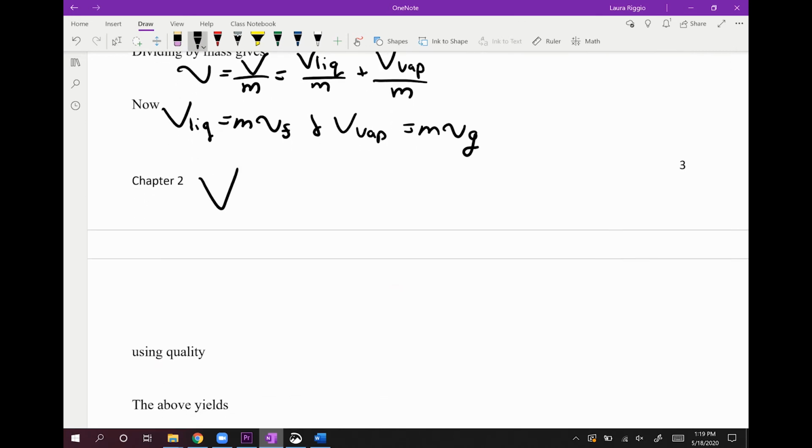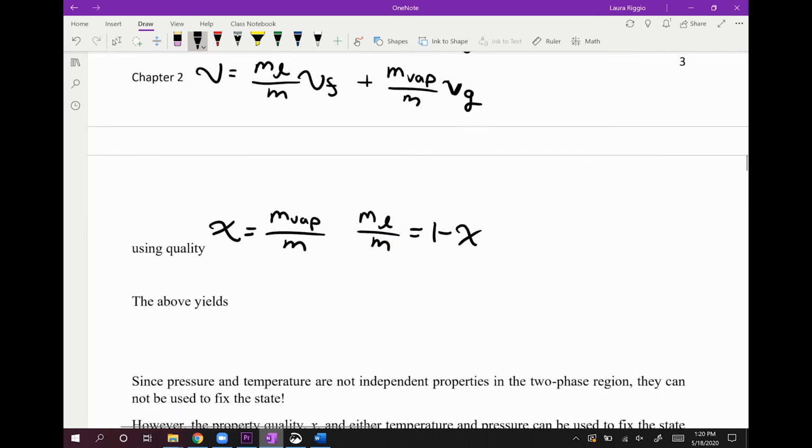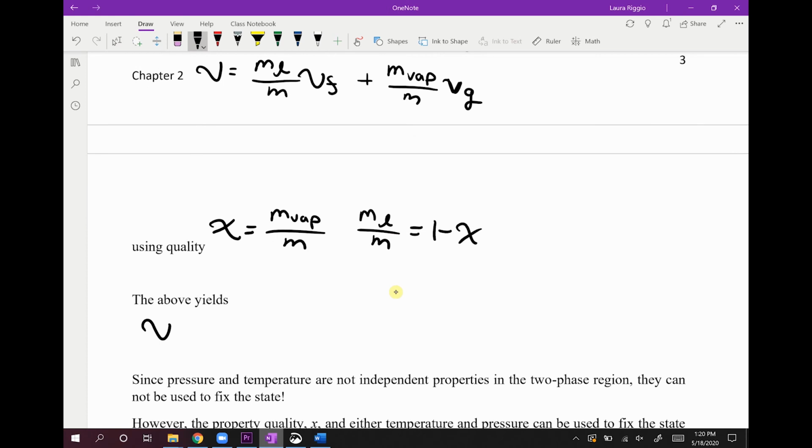So I can find that my specific volume is equal to the mass of my liquid divided by my total mass times my specific volume of my liquid plus the mass of my vapor divided by my total mass times the specific volume of my gas. If we introduce quality back into this equation, which again by definition was equal to the mass of our vapor divided by our total mass, and if we note that the mass of our liquid divided by our total mass is going to be 1 minus my quality, a little bit of algebra yields that the specific volume of